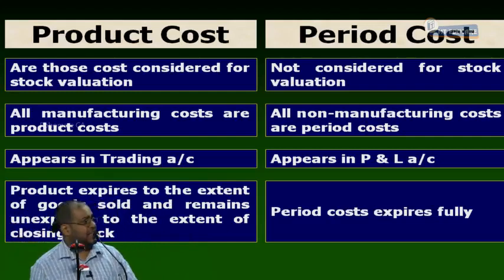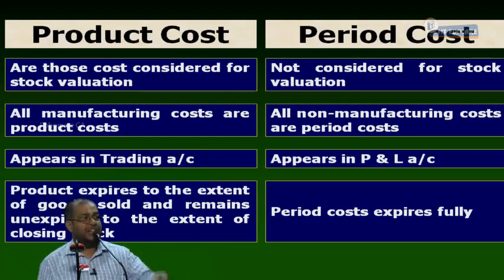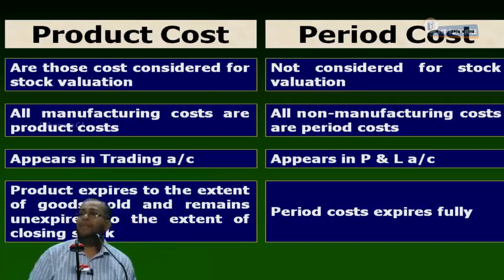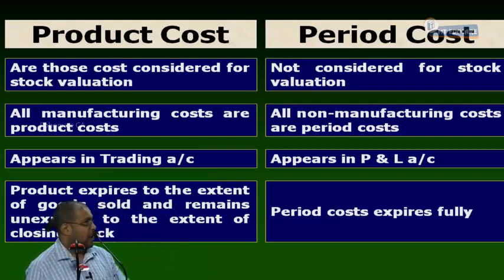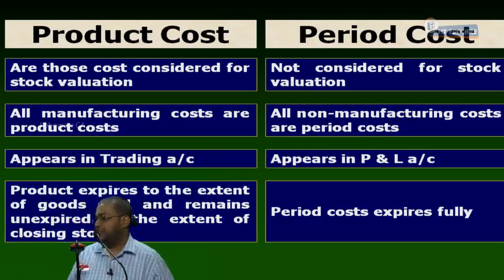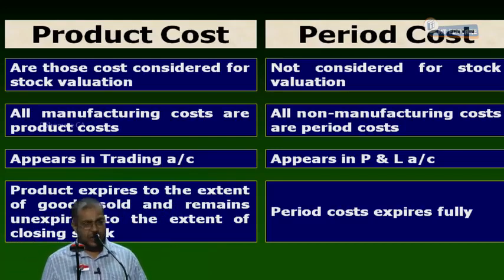So the next discussion is what? Manufacturing, administration, selling and distribution cost. Right or not? A top-down approach we are doing now. Can I proceed now? Now the question is, what is manufacturing cost, what is administration cost, what is selling cost, and what is distribution cost? In the next classification, right or not? Now, see. To put it simply,